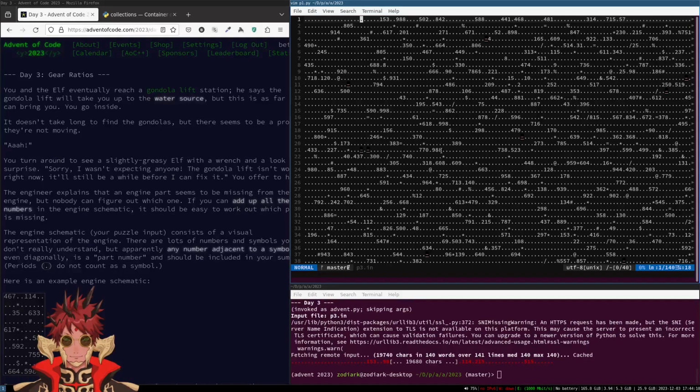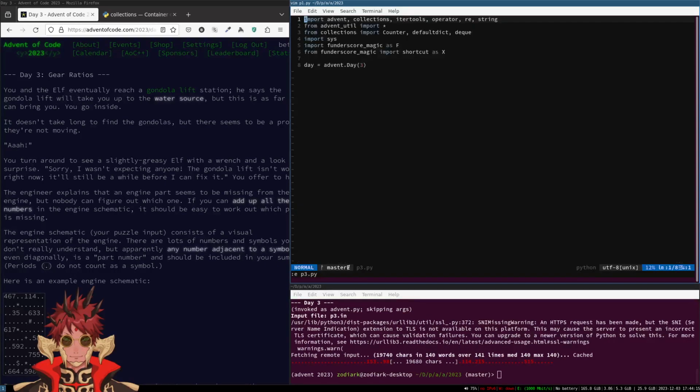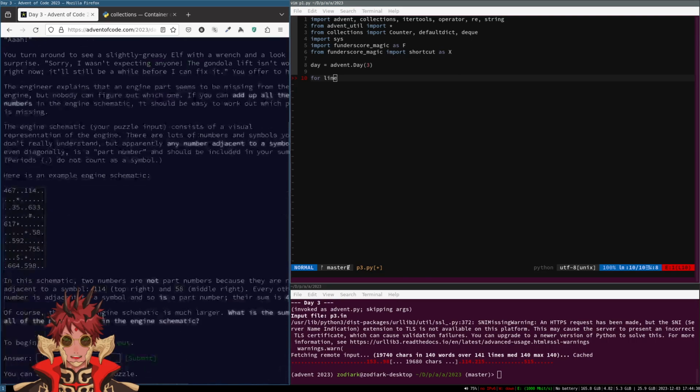Okay, we're going to just find all the, we need a sliding window of 3 lines at a time. In the middle of the window, we're going to, does that work? Yes. Okay, so we're going to.